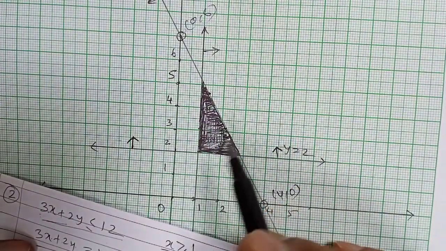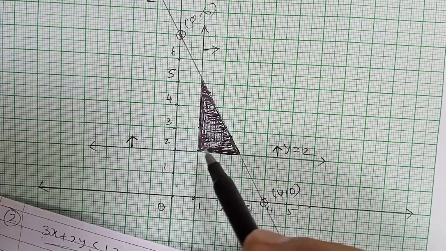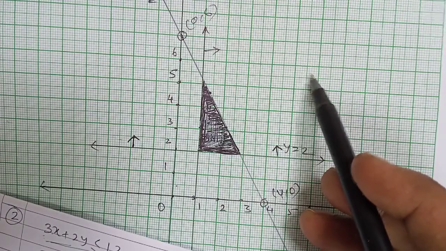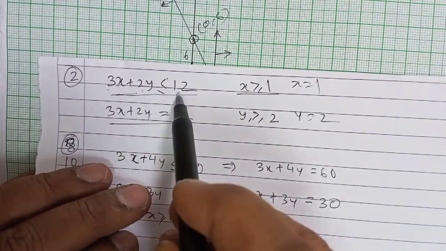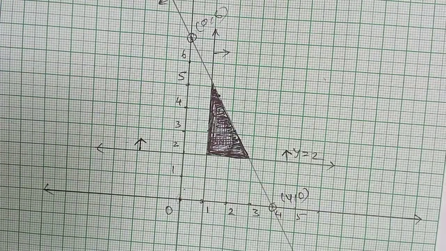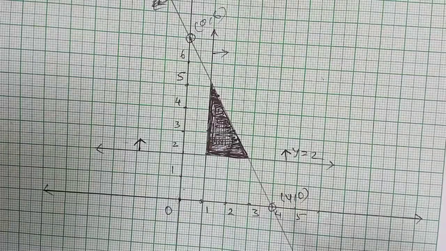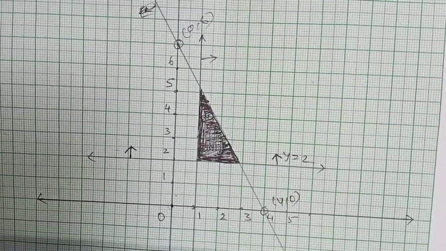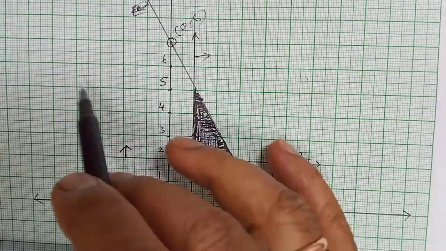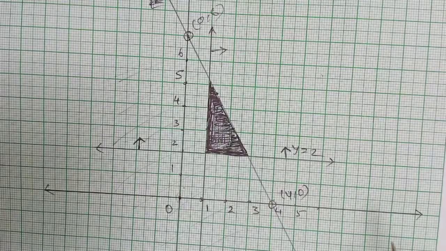Now as I told, to decide which portion is to be shaded, we will take a value either this side of the line or that side of the line. So I have taken 0, 0, this side of the line. If I put here 0, 0, 0 is less than equal to 12, satisfying. So the shaded portion will be this. We will not shade now, we will just mark the region by giving an arrow, the arrow showing which side should be shaded. Okay, you can make a half shaded line like this. Okay, this is not final.